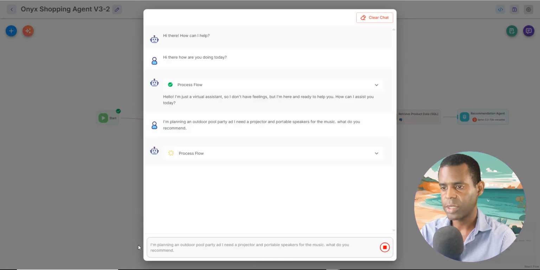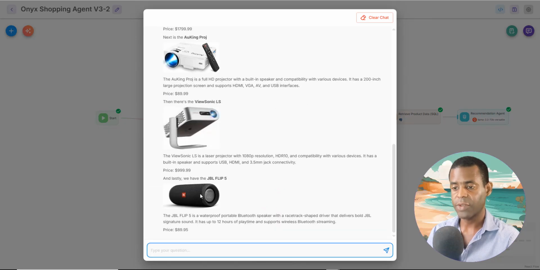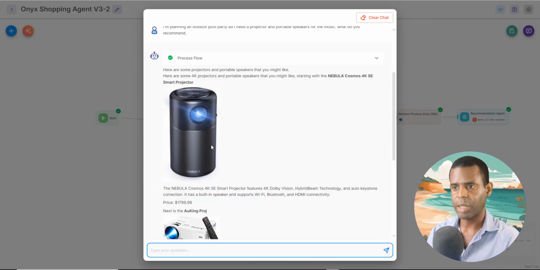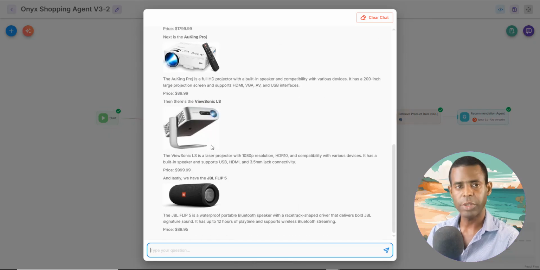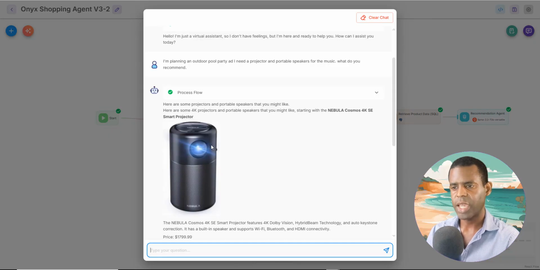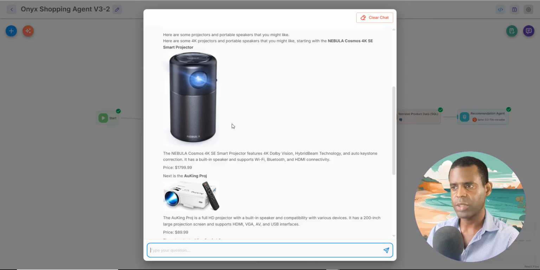And we're going to enter, and it's going to go through, and it's going to search our database. It's going to give us options for projectors and options for portable speakers as well. All right. And let's say that the first thing we want to do is find out more information about the Nebula Cosmos Smart Projector. And I'm going to say here,